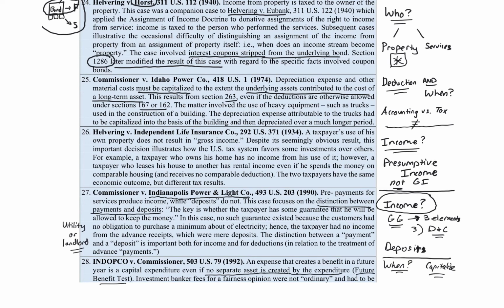So this case actually dealt with some costs that a business spent, I believe, on organizational expenses that get capitalized in the organizational costs of the business, which if they're treated as organizational expenditures, you're never going to be able to deduct them, right? You're going to recover them when you dispose of the business, right? When the business is liquidated or disposed of, that's it. So that's what the case dealt with. But it's applied even more broadly than that, to things in general. And we find that under Section 263 and even 263A, Uniform Capitalization Rules.